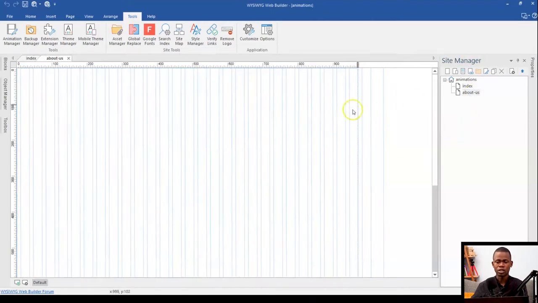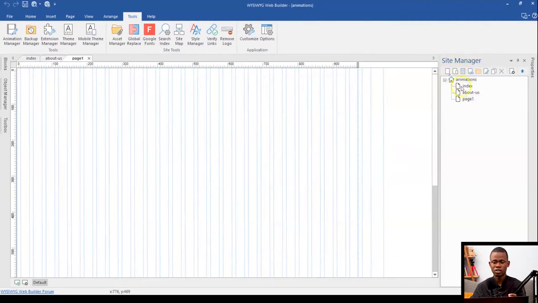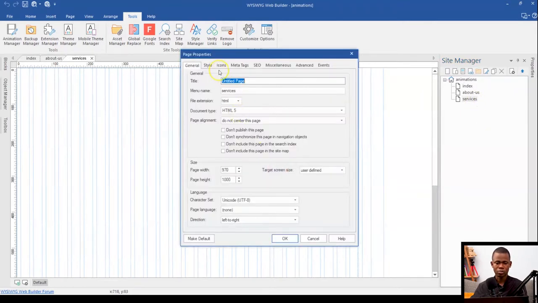When I come to About Us, I'm going to do the same thing here. So this is going to be about, and then I put name in here. This is some kind of naming convention whereby I'm going to replace this with something different. If I have another page, let's say services, let me change the page name to services, and then I come to this part. I'm going to do name, so dabsonishmail services. So this is going to be services, and then click on OK.